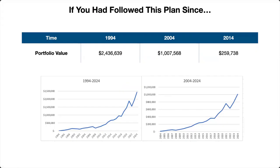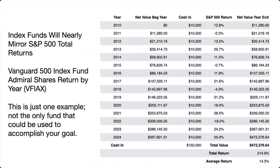Surprised? And that's including the dot-com crash, the recession of the early 2000s, the great financial crisis, the collapse in 2018, the pandemic in 2020, and the bear market in 2022. And yet, doing nothing more than that one thing every year for an extended period of time, $250,000 to $2.4 million. And let's go a different direction using just an example index fund from Vanguard, their Admiral